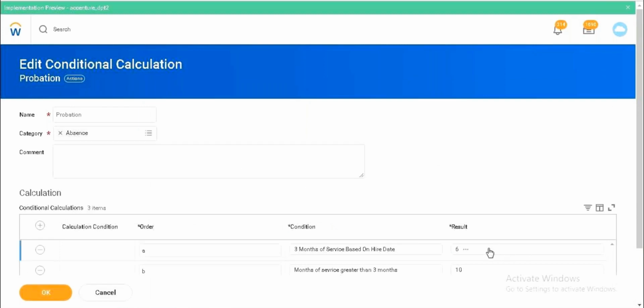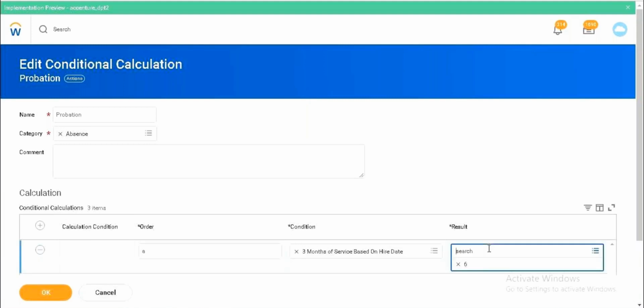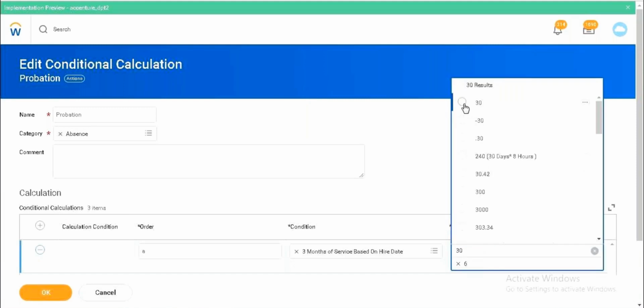So here I have defined in the form of days. So I'll just remove it. I'll give it as hours. It is an hours plan, right? So